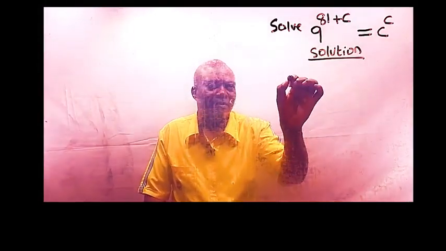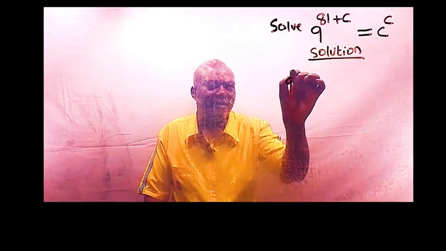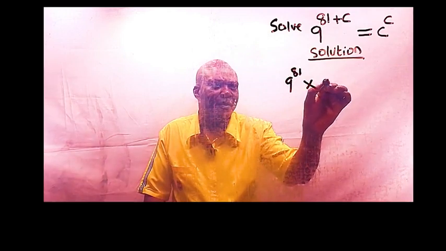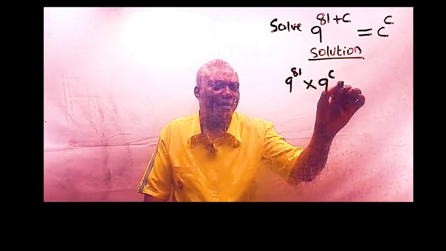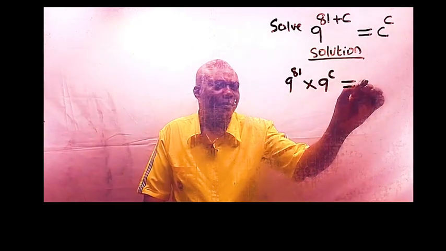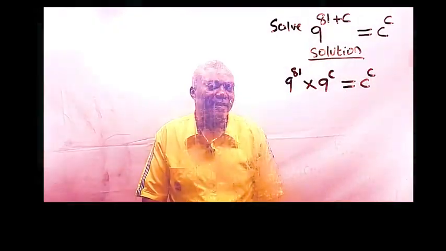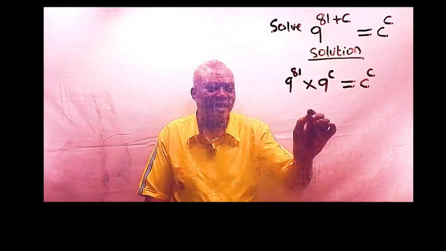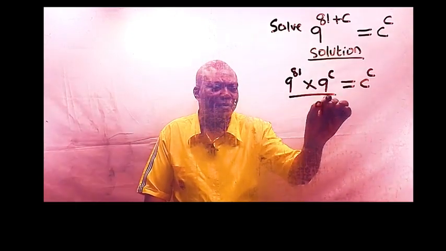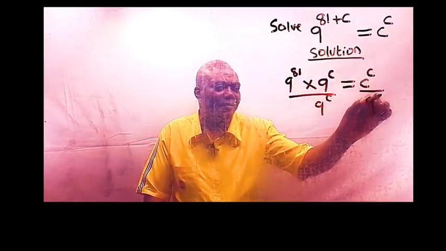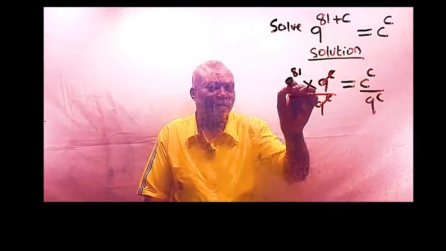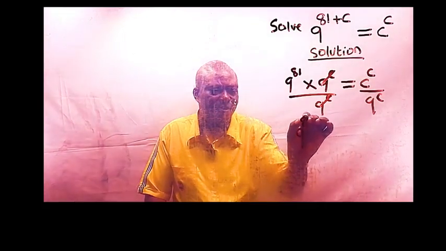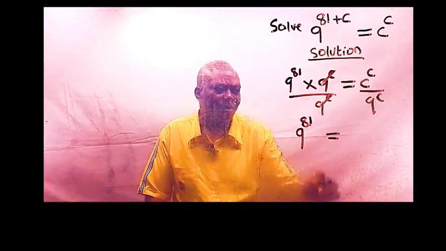Instead of this one, you will have 9 to the power 81 multiplied by 9 to the power c, and everything will be equal to c to the power c. Let us start to put all the c's on one side. So we divide both sides by 9 to the power c. This and this will go. So the left hand side now will have only 9 to the power 81 and it equals, look at this one,